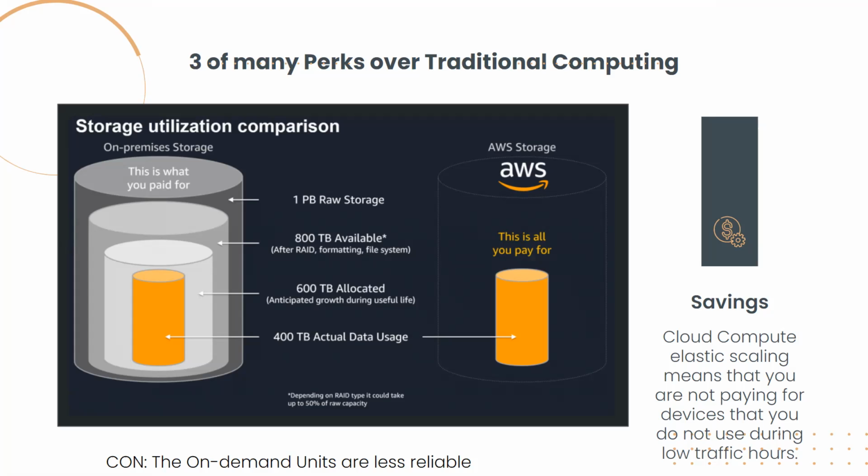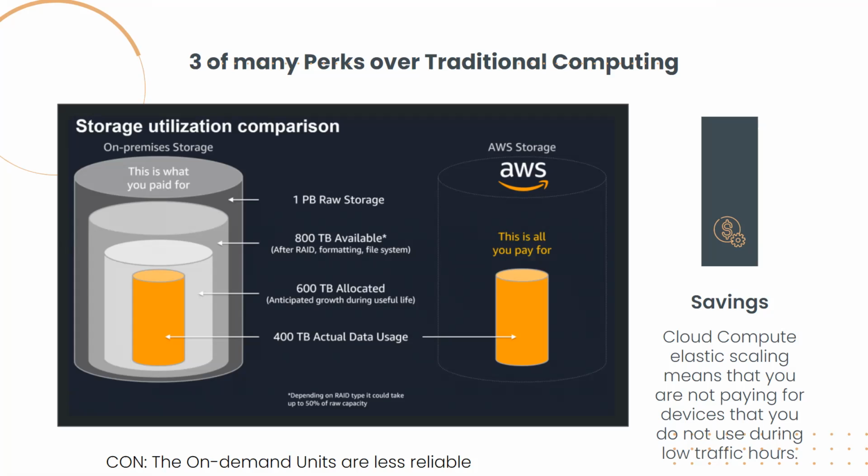The only con is that because you are scaling up and down more rapidly, right? AWS essentially has a bidding system that they use where users don't technically own units like they do in on-premise computing. They're bidding for units that Amazon has at certain rates. And the rates are going to be higher in hours where AWS as a whole is seeing more usage, and lower in hours where AWS is seeing less usage.